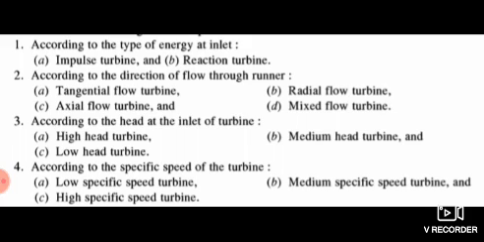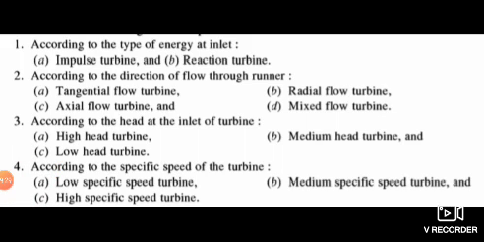In the case of a reaction turbine, the change of pressure happens only in the runner, or we can say in the turbine. There is no change of pressure in the penstock or reservoir. The overall pressure changes in the blade, so a reaction pressure is generated in the turbine, and that turbine is called a reaction turbine. For example, Francis turbine and Kaplan turbine are reaction turbines, and Pelton wheel and Turgo turbine are impulse turbines.